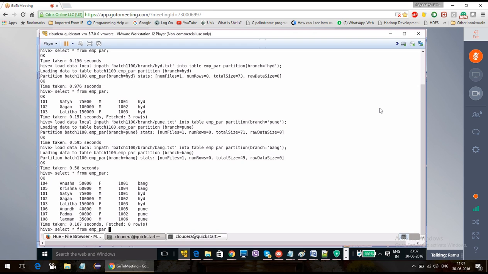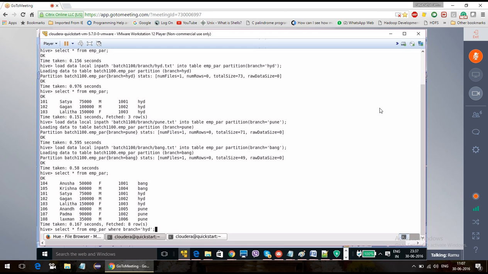But if you take 100 GB of data with different branches, and you want to fetch only a particular branch's details, a normal table will take so much time and will not give you a quick result. Whereas with this, the performance will be good. Now select star from the table where branch equals, for example, Hyderabad.